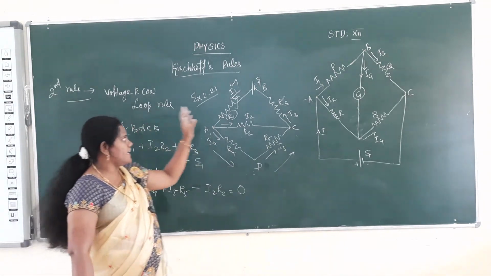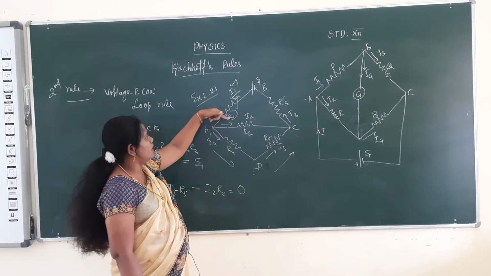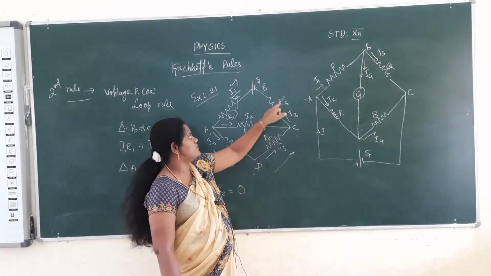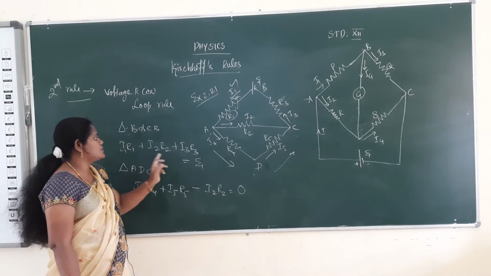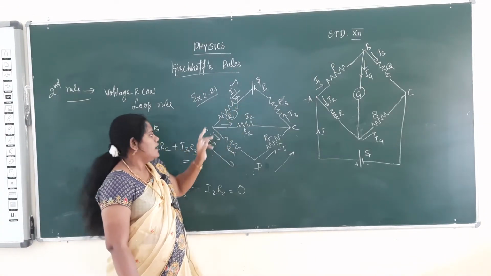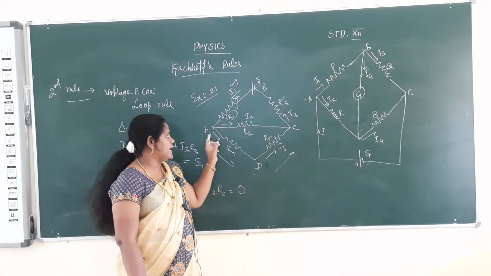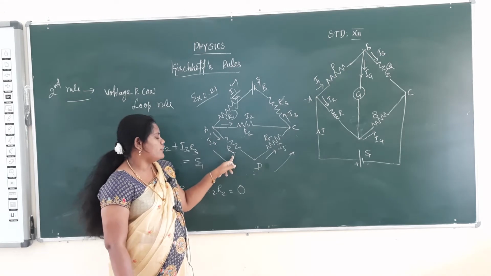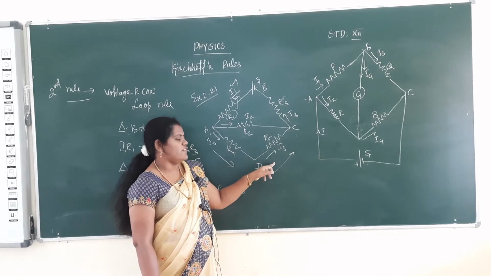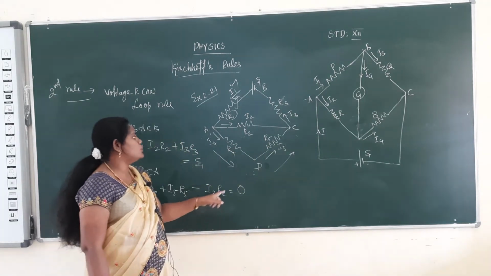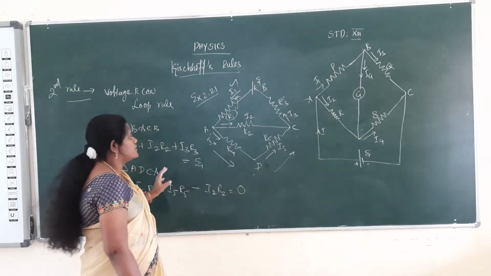Okay, so again I explained that we are taking BACB: I1R1 plus I2R2 plus I3R3, because I1, I2, I3 are three currents going in the same direction. So always having the positive is equal to the EMF of the cell, psi. And then taking ADCA, the current will be moving: I4R4 plus I5R5, but I2 will be moving in the opposite sign of I5, so it will be minus I2R2. This circuit does not have a battery, so the EMF is 0. This is Kirchhoff's second rule.